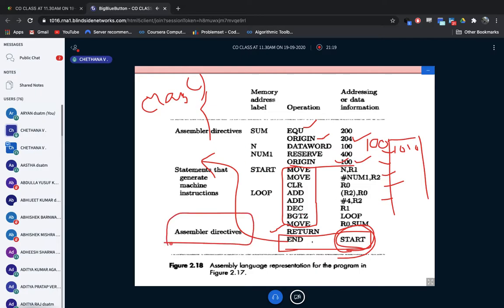Now, even if you have one loop, see here, if this condition holds good, branch greater than or equal to, then go to loop. Go to this particular loop if this condition holds good. Okay, these are all examples, but don't consider this one. This is a branching instruction, not an assembler directive. So these are the examples.